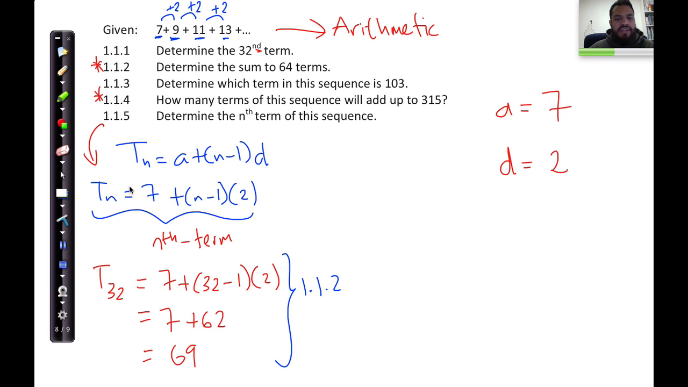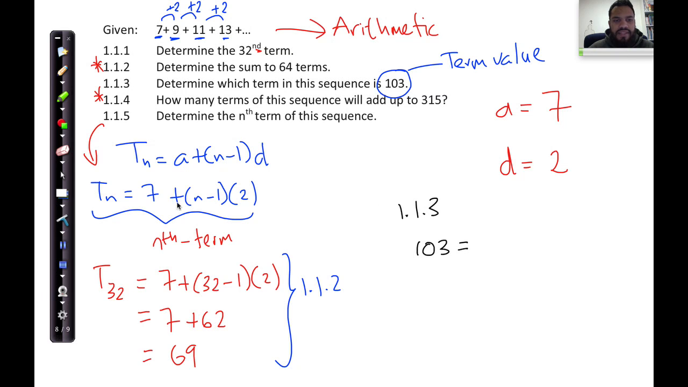Now let us look at one more question, the specific question 1.1.3, because that's the one that we haven't done. Which term of this sequence is 103? Remember, they're asking you which term equates to 103. So this is going to be a term value. In other words, Tn is going to equal that. So I take my general formula and insert it in the Tn position, because it's actually the value of the term. So now I say 103